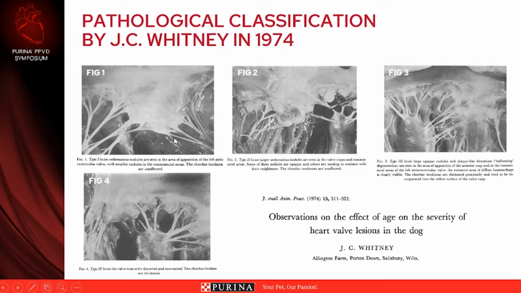we will have little nodules that are fairly opaque compared to the normally fairly translucent valve tissue. Then our type 2, we have more coalescing of our valve leaflets, so they're getting a little bit more severe, and there may be almost this plaque-like opacity between them. Then we start seeing with stage 3, larger nodules, they tend to coalesce. We can end up with these irregular plaque-like deformities, and they can extend to involve the chordae tendineae as